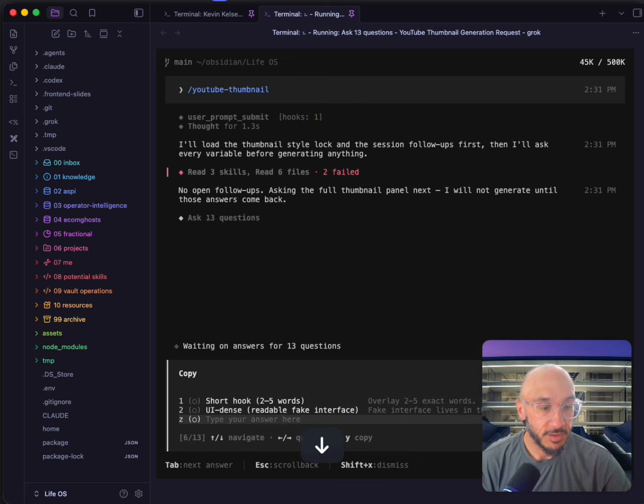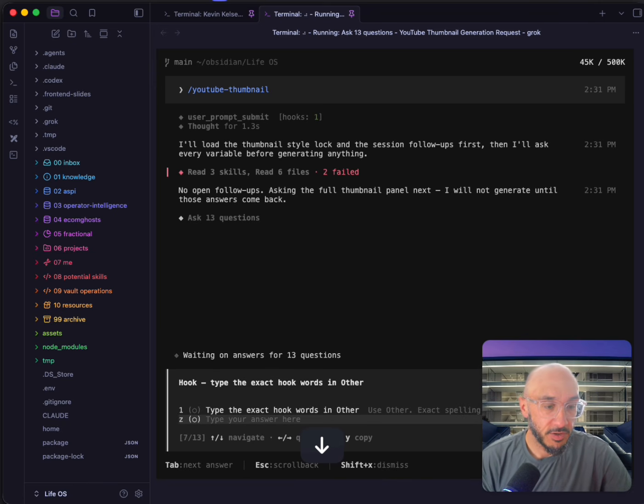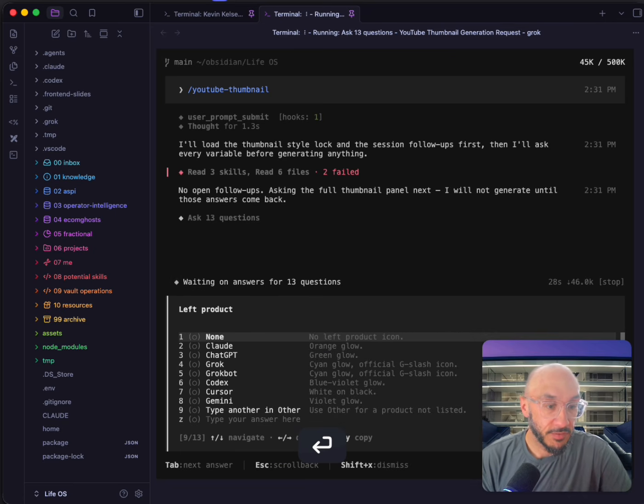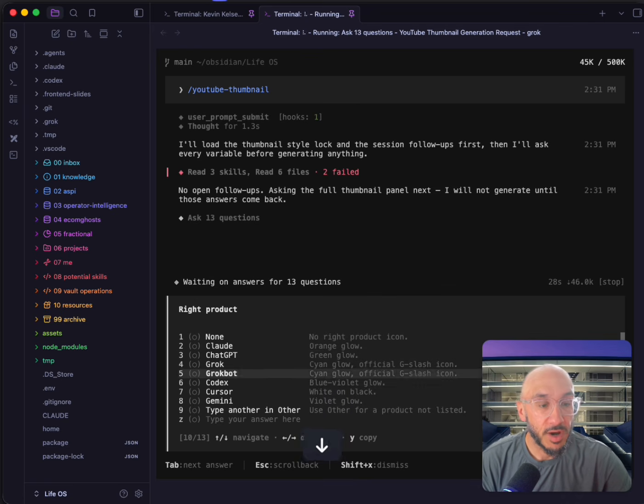Short hook, I'll just put no text here. Hook for other, no text. And I could put an accent word if I wanted to. And then left product or right product. So this we're going to talk about Grok, because we're talking about X. So I'll do that. Oh, and then right product, I will type in another. I'll just put in